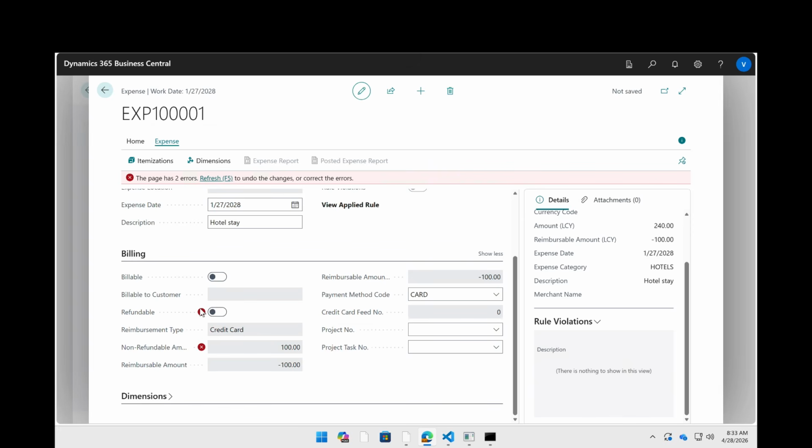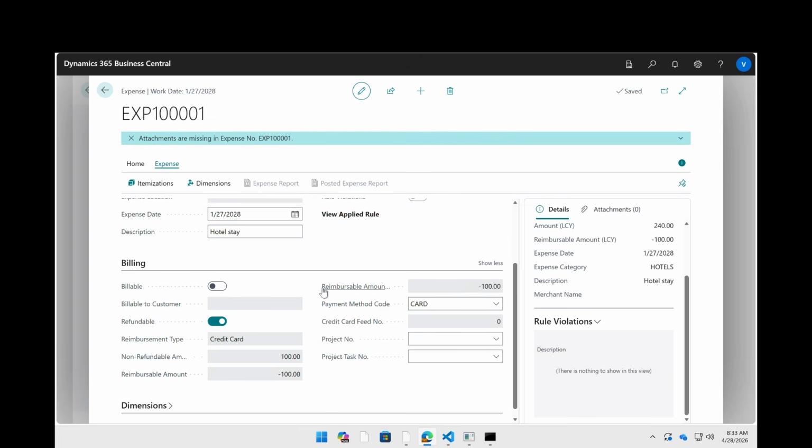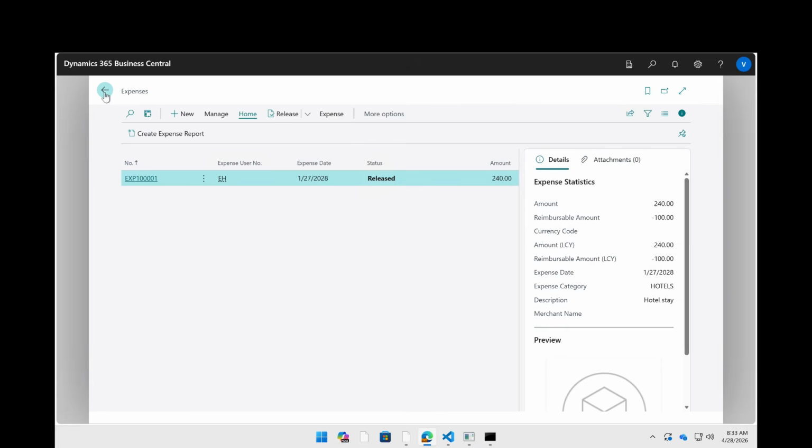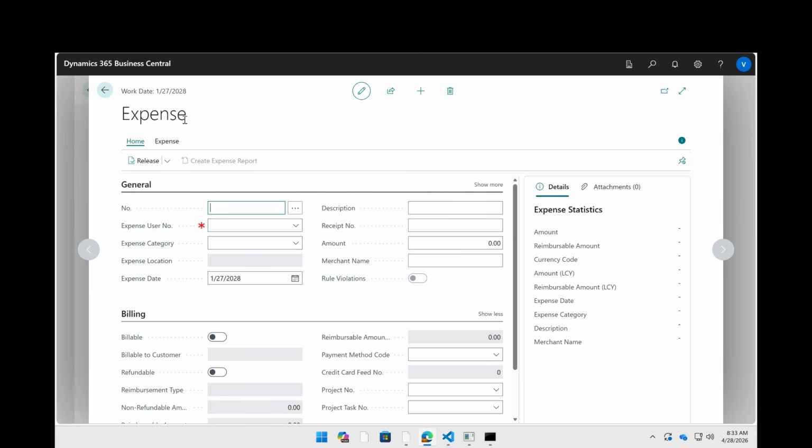Yeah, I cannot do that. Sorry. I'll explain another example to you. Yeah, there is a restriction on this. Okay. So what I'll do now, I'll just release this expense, and I'll do another expense for